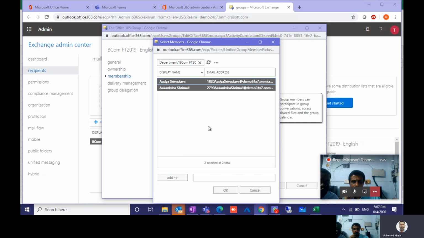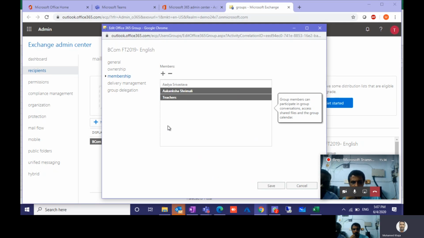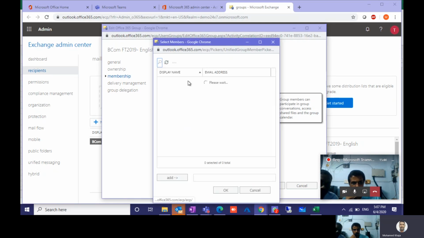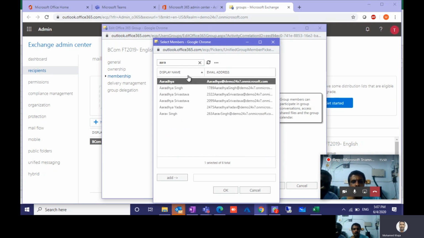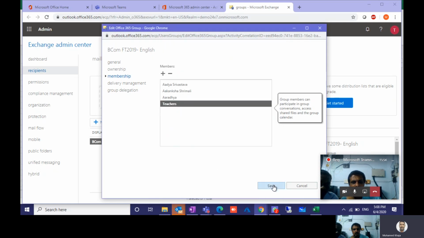After filtering and selecting, you have to add. You can see all the users have come here. And you have to save.